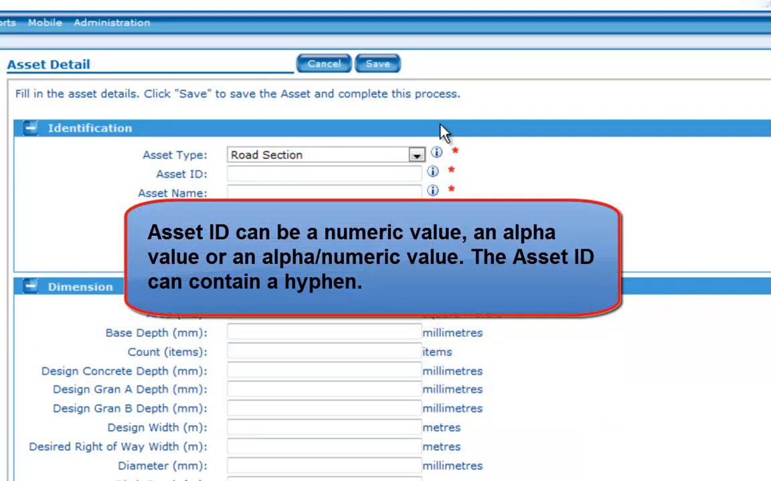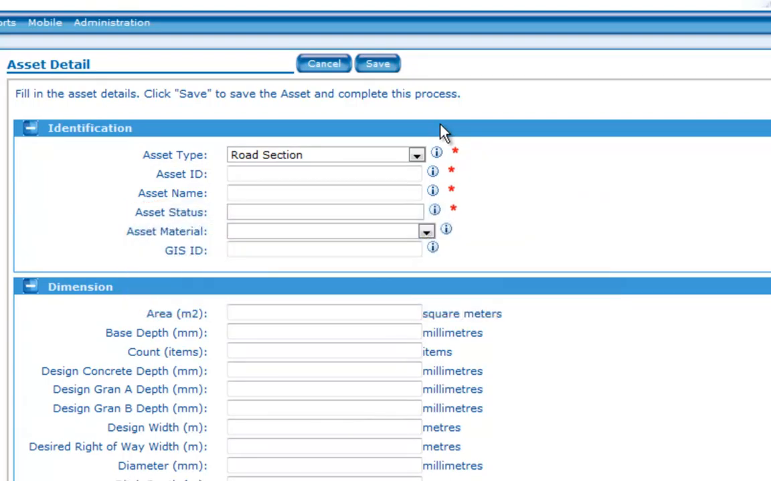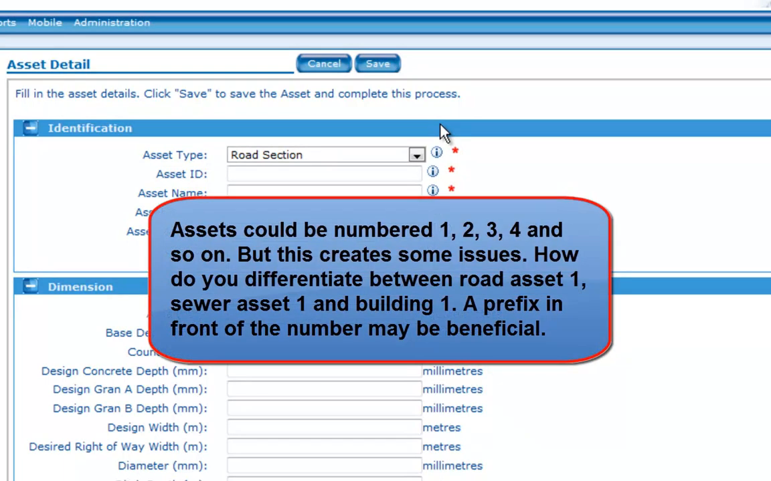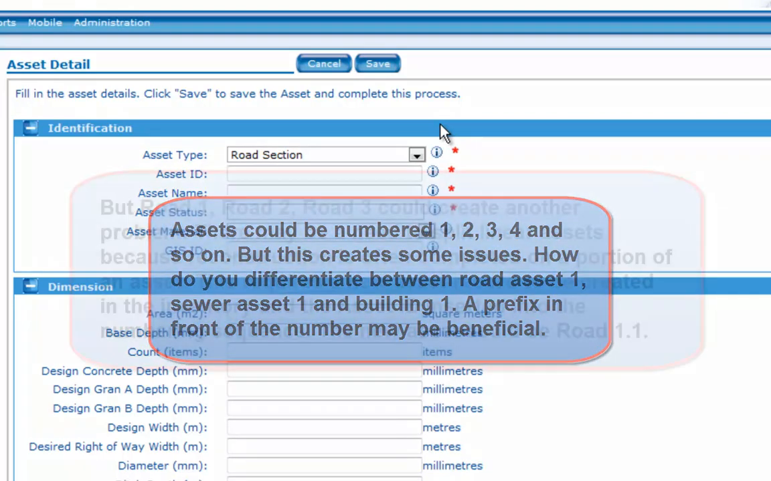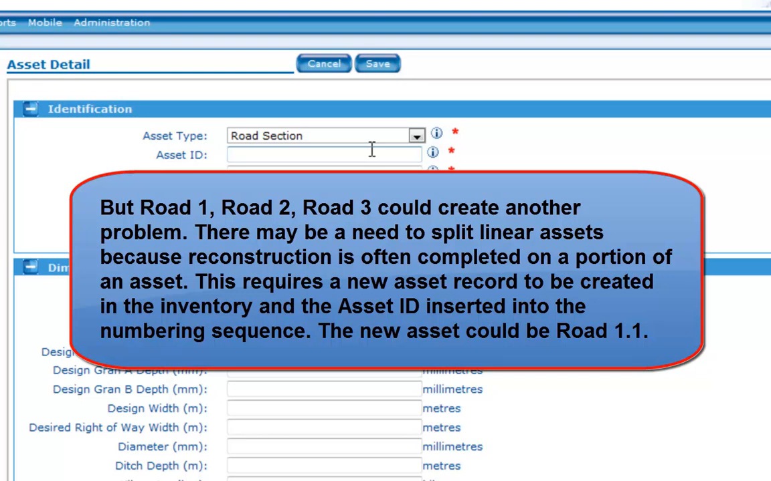Asset ID can be a numeric value, an alpha value, or an alphanumeric value. The asset ID can contain a hyphen. Some thought needs to be given to what an appropriate numbering schema should be. Assets could be numbered 1, 2, 3, 4, and so on, but this creates some issues. How do you differentiate between road asset 1, sewer asset 1, and building 1? A prefix in front of the number may be beneficial, but road 1, road 2, and road 3 could create